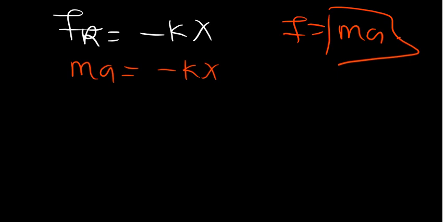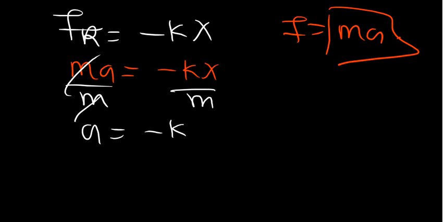So now I can also use another formula. I can divide both sides by m, even here by m. Then these two will cancel. I'll have a equal to negative k x over m. But now,